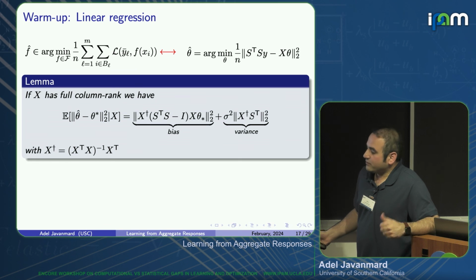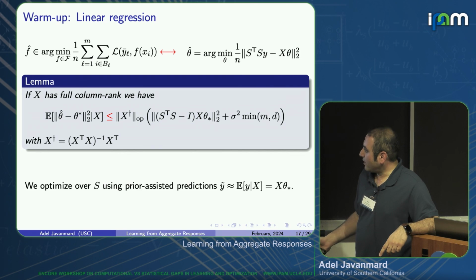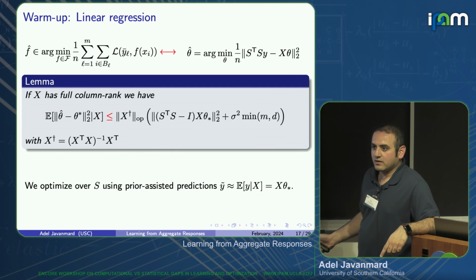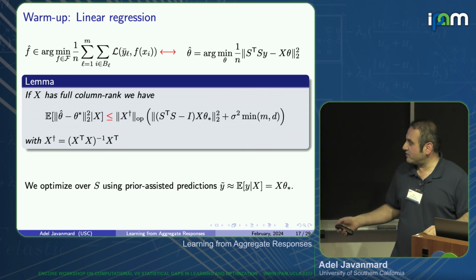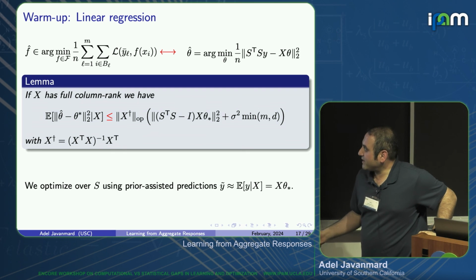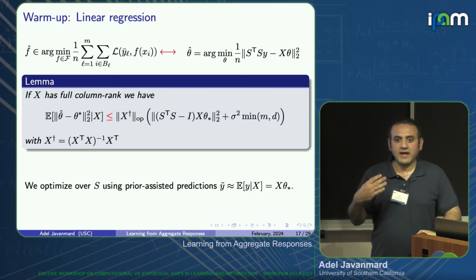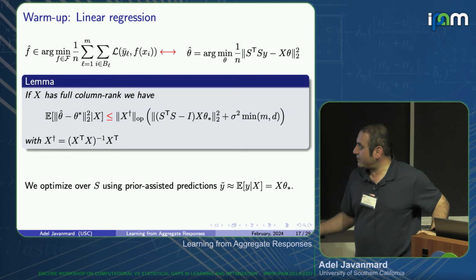One thing that we know is that we don't have access to the Y, but we are assuming that there is some prior that gives you this sort of conditional expectation. So I call it a Y tilde that's approximating this one. But for linear model, this is X theta star. Okay? So I don't have the individual labels, but if I assume that there is some prior and some oracle that knows this conditional expectation, this is like all the information we need here. Okay? Now, in practice, you don't have the exact prior. You're going to approximate that, but you just use the approximation instead of X theta star.